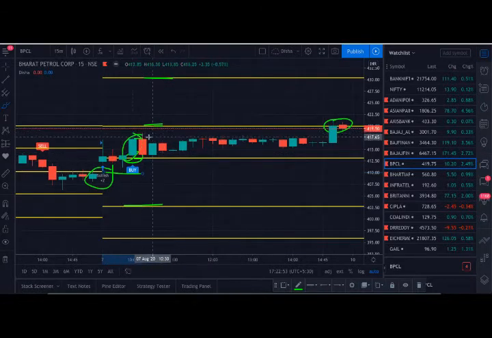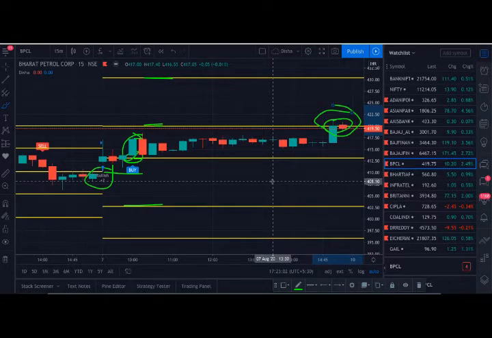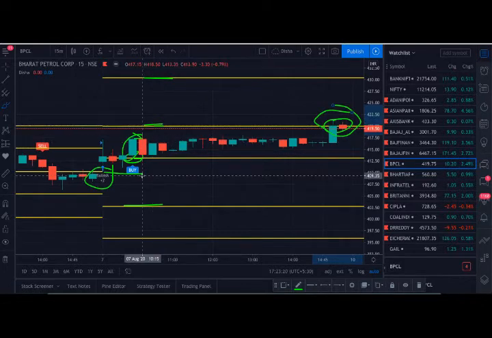You can see here it has met the target one by end of the day. But in this case, I will tell you one thing: in every case you have to calculate the minimum risk and the reward. In this case, the reward is small. If you want to take this trade, take the limited quantity, because compared to reward, the risk is high. So based on that, you can take the call on this.